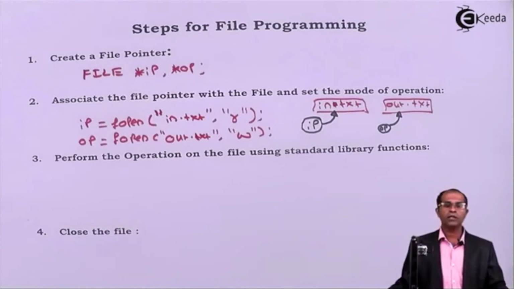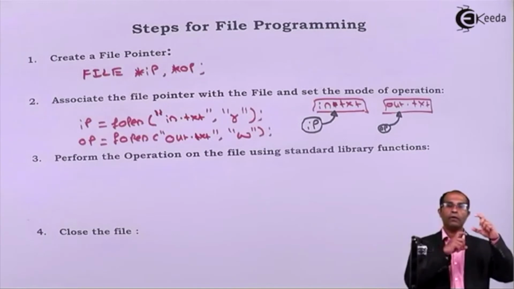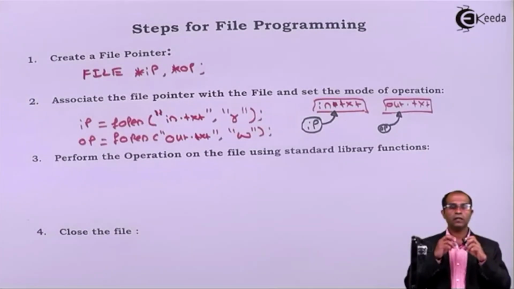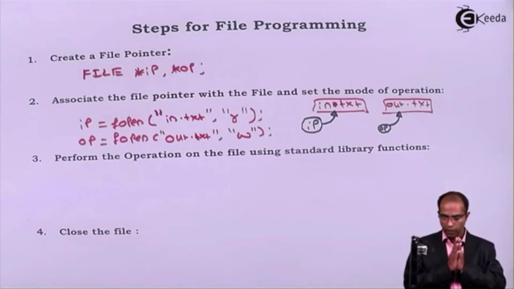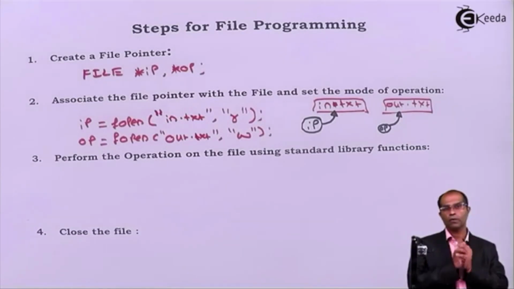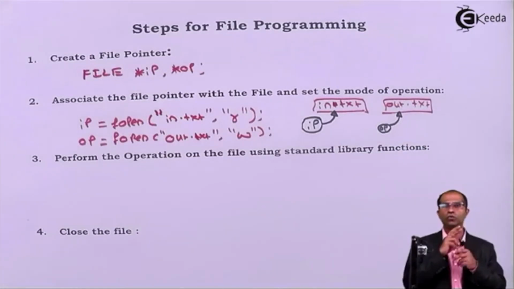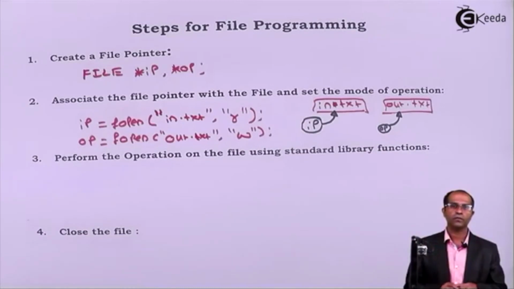Now, let's look at the third operation of the file. So we have created file pointers, then we have opened the file, and we have seen when the pointer receives the address and when the pointer gets a null value. Okay. Now, once the file is opened, you can perform the operations. There are two ways, two different points on which we can discuss the processing part. One, we can read the contents of a file, or two, we can write the contents to a file.